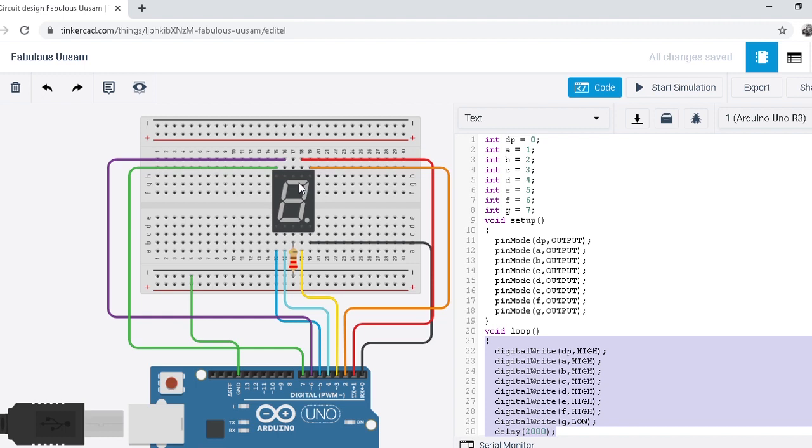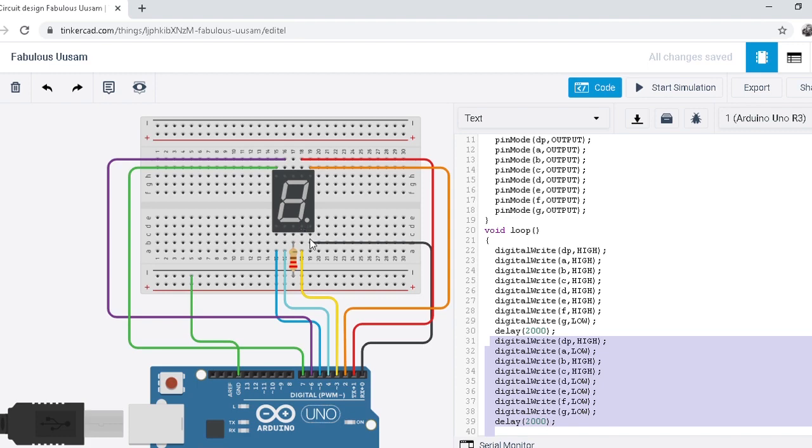These are the LEDs, and each is connected to some pin, and they are named A, B, C, D, E, F or G. If you want to show the number 0, we have to switch on these LEDs only: A, B, C, D, E, F, not G. That means it shows the number 0. Similarly for 1 we just switch on the B LED and then the C LED, so it shows the number 1. For 2, similarly, we have to do the coding till 9, and then I will show you one by one.